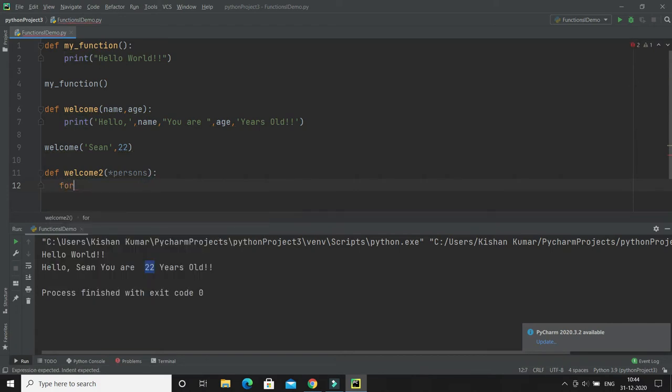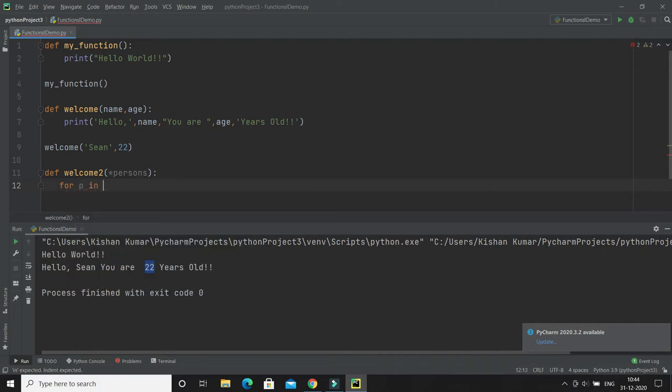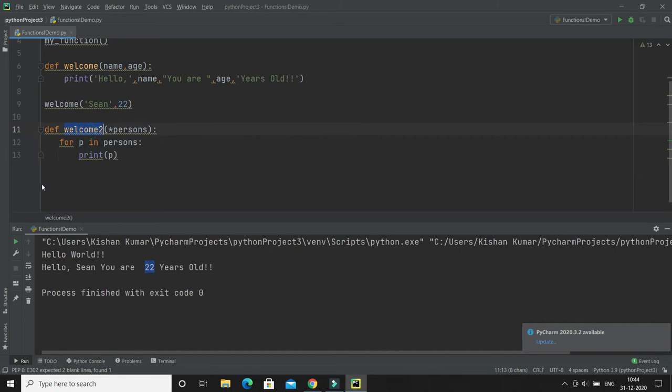So I will write a for loop, for p in persons. All those parameters are stored in persons, so I will iterate over persons and print the value of p. And of course we need to call this function.